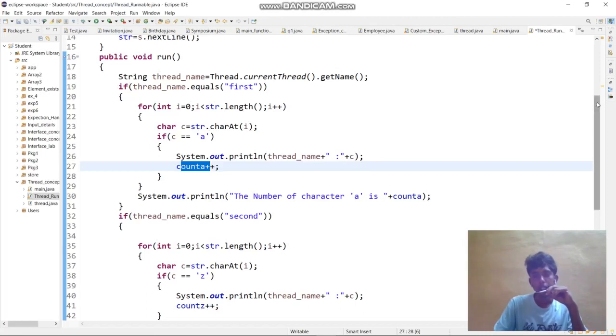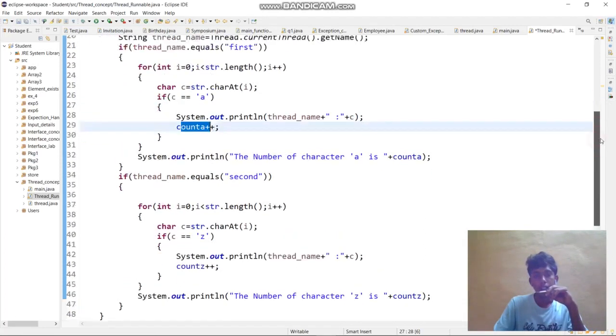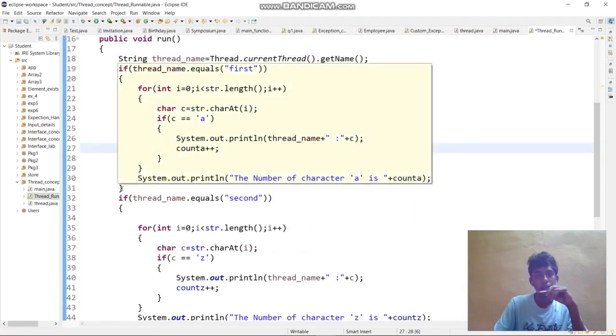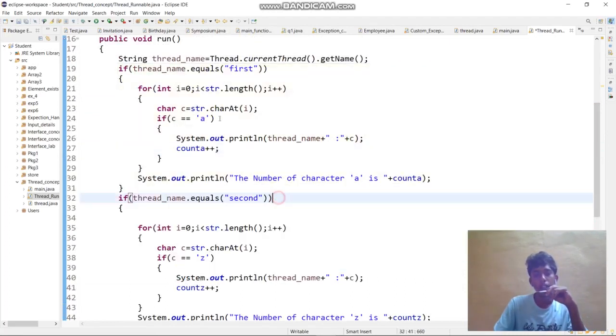So it will count the number of A's. Then it will stop here, because the check fails when the thread name is second; the thread name is first.